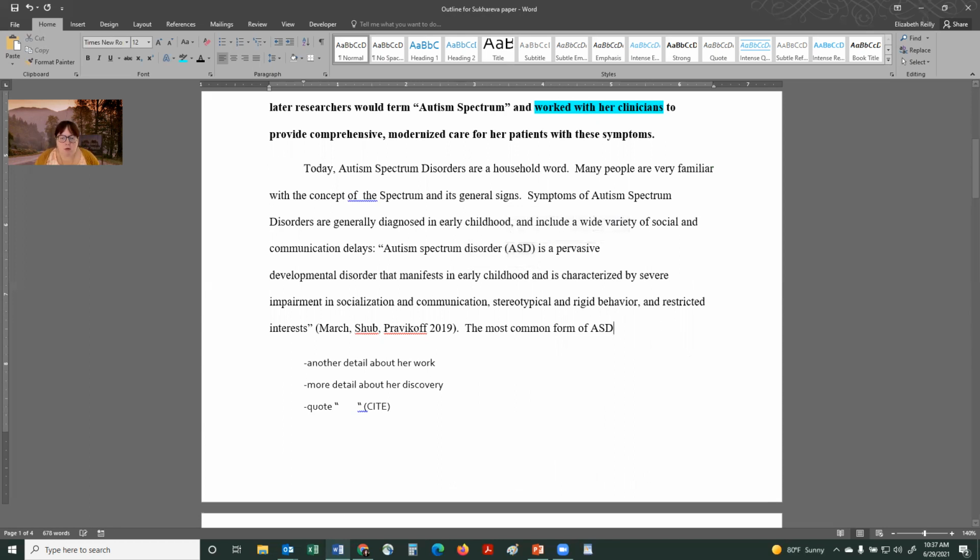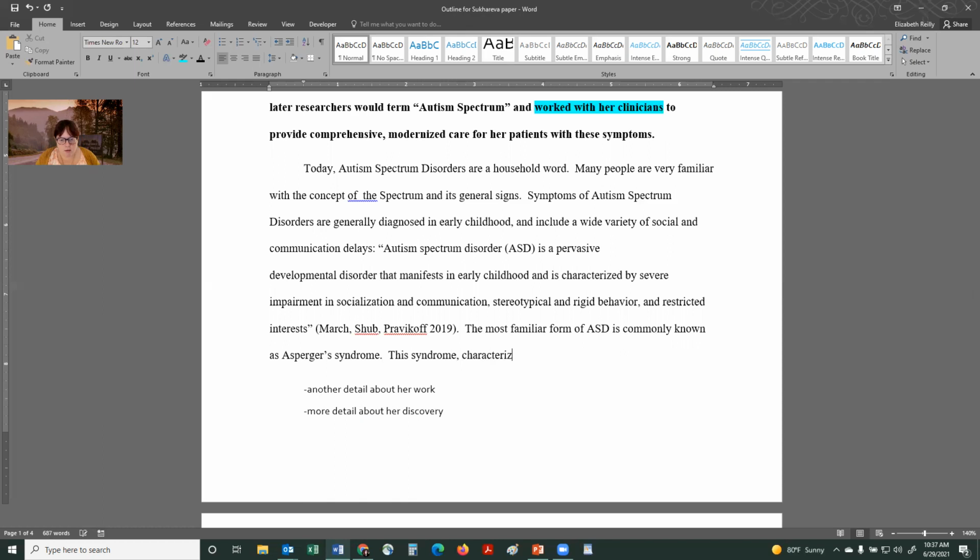Most common form, or I should say most familiar form of ASD is commonly known as Asperger's syndrome, characterized by, and Asperger's is characterized by basically the same thing it says up here, characterized by delays or deficits in social interaction and communication,